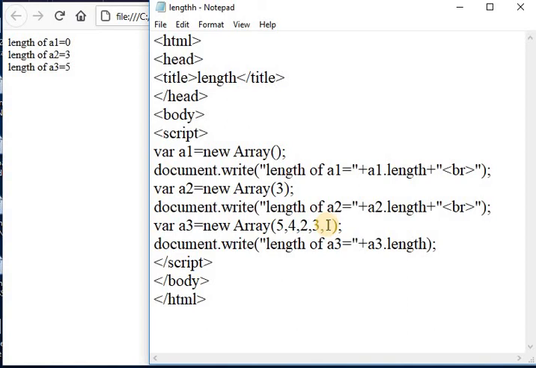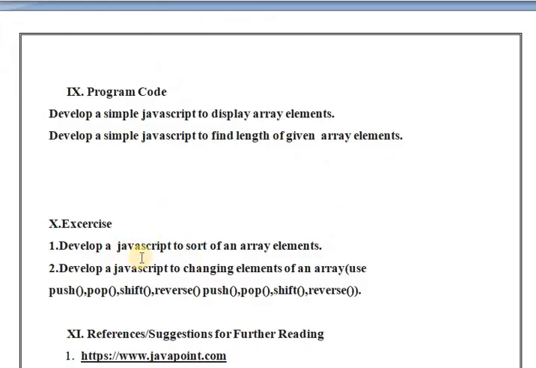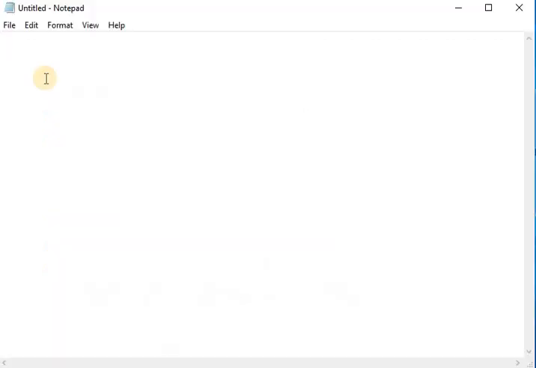The next program is to sort an array and develop a JavaScript to change the elements of an array, using the push, pop, shift and reverse methods. First of all, take an HTML file. Take a notepad, and in that I am writing the HTML. After that I am taking a head tag.